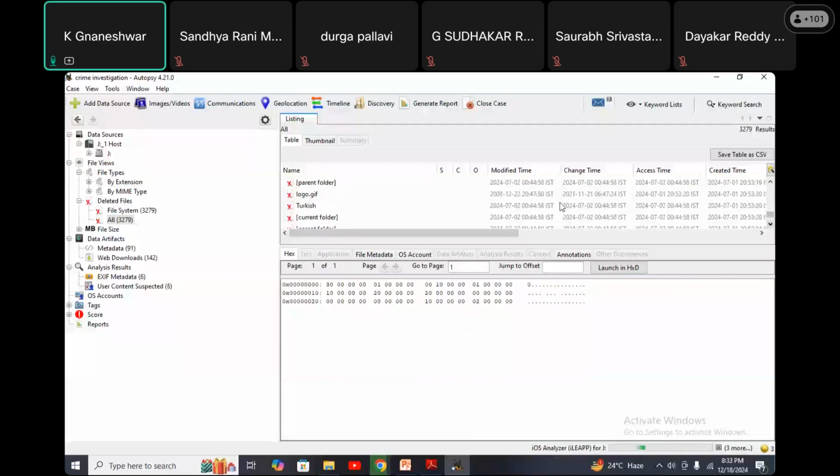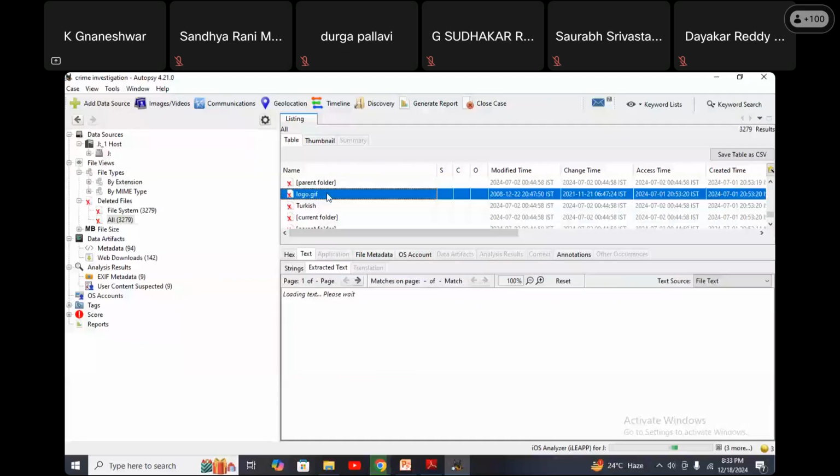It is showing some data, some HTML file type data. Here I actually want to see an image, but the actual image is not there.